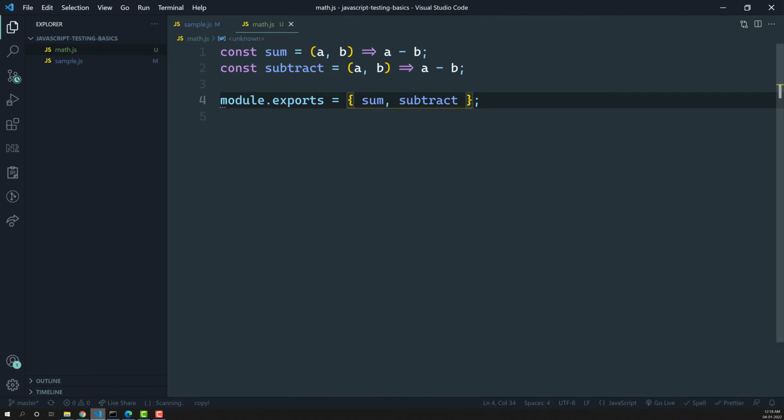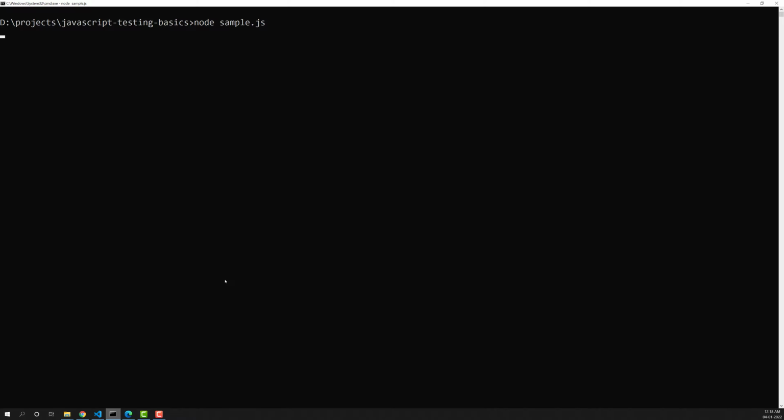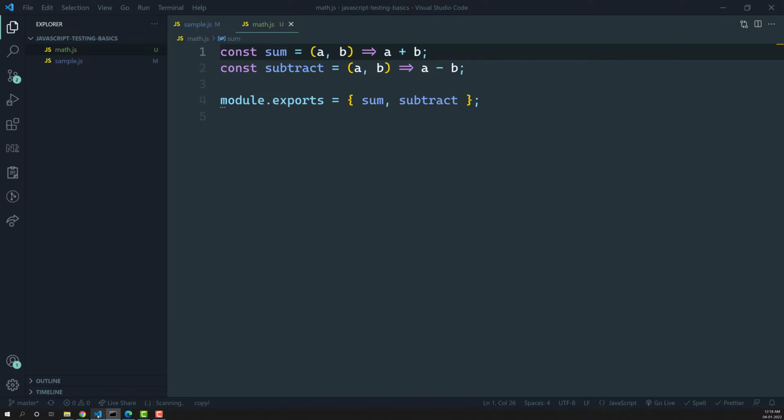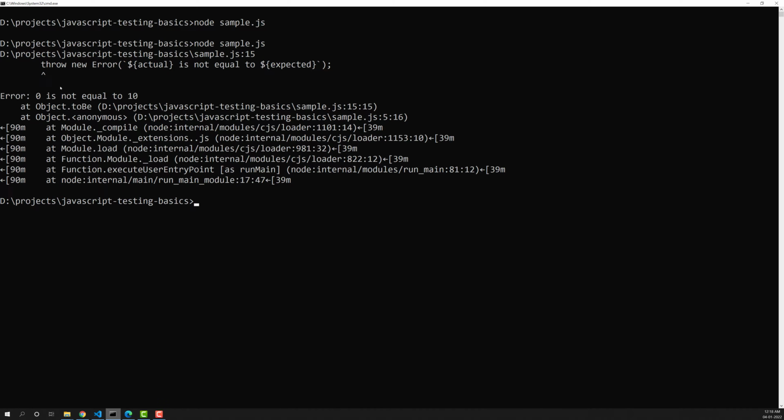Now let's clear it out and check whether we are getting the errors or not. If I check the output, now all the tests have passed. Now we are not able to see whether the tests passed or not. And if you look at the errors, it is telling us throw new error, and 0 is not equal to 10, and it says basic sample.js, 15th line.